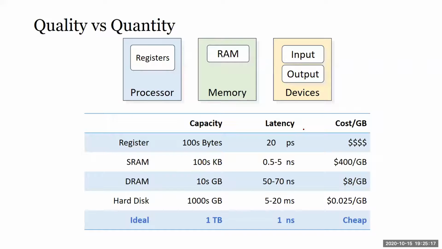Now let's talk about the differences in types of memory. So we see here we have registers, we have RAM, and this input output device, basically your secondary storage. When people talk about storage or main memory, they will refer to main memory as your DRAM.